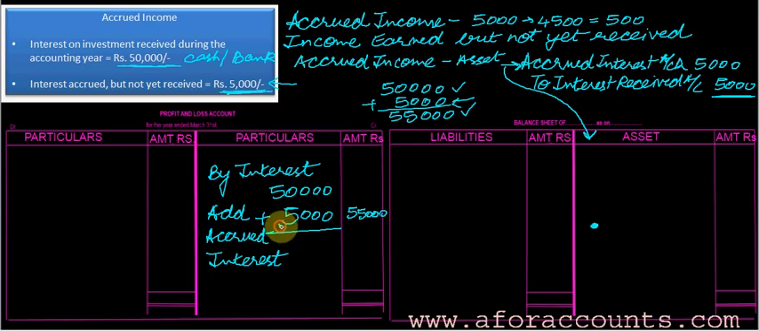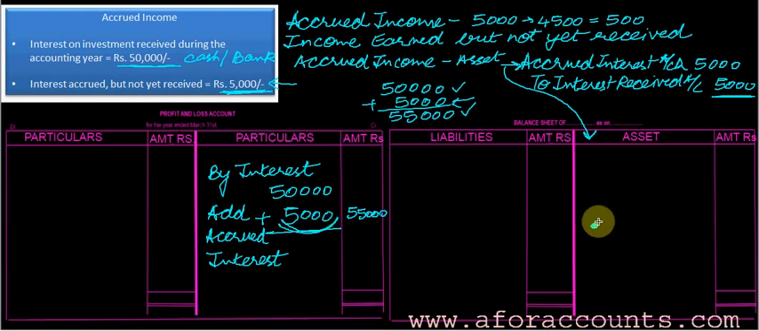Had I not considered this 5,000, my profit will decrease by 5,000 because I have a revenue of 5,000 in my hand, but I am not crediting it to P&L account. So my profit will ultimately decrease by 5,000. So to show a true picture, I add this accrued interest here because it is earned during this accounting year, just that it is not yet received. 55,000 taken in the outer column,